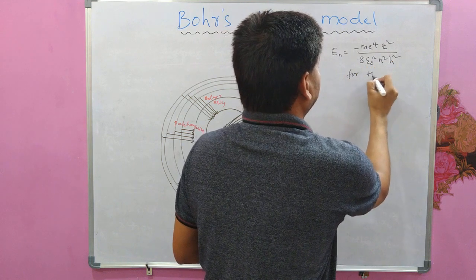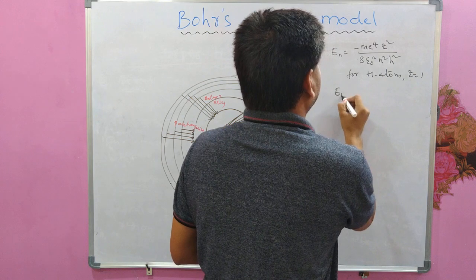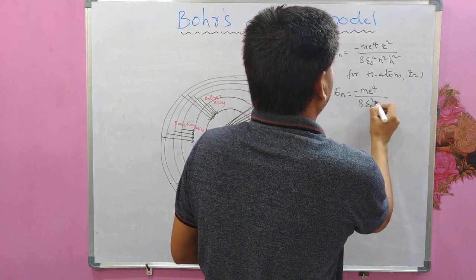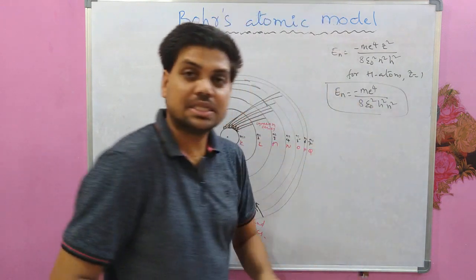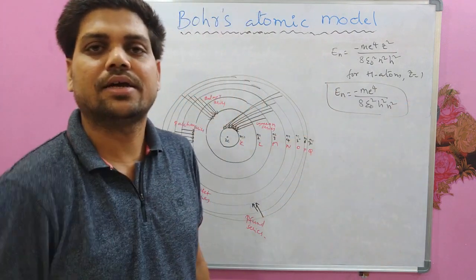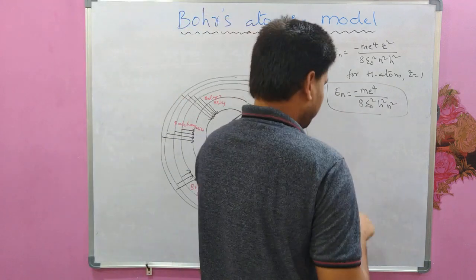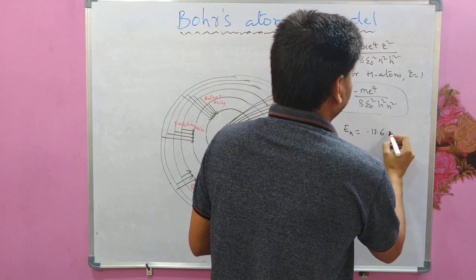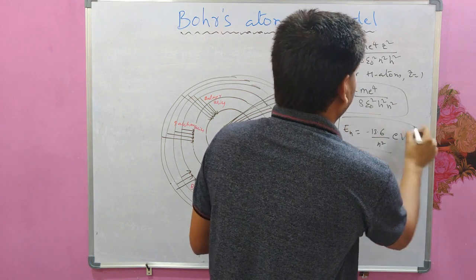For hydrogen atom Z equal to 1, and En is minus me power 4 by 8 epsilon naught square h square n square. Using this expression also for hydrogen atom we can draw the energy level diagram, that we will see now. This also can be written as En equal to minus 13.6 by n square electron volt for hydrogen,